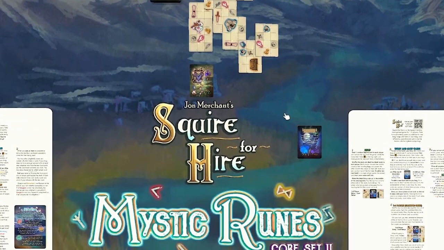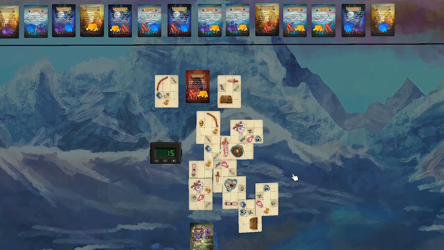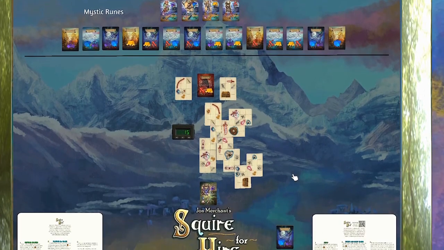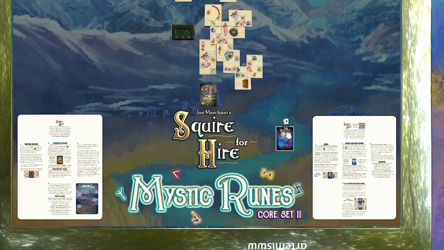And what I plan to do next is actually play Mystic Ruins. So what I'll be doing in the next video is taking all of these in a deck and playing with one of these heroes. And then if I get real excited, I might do a combination of them, but we'll see. For now, this has been the original Squire for Hire, and coming up in a future video will be Squire for